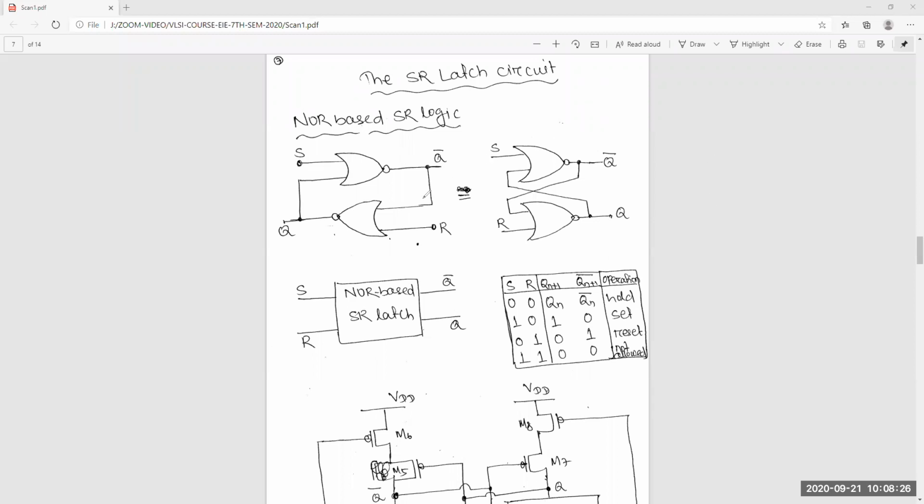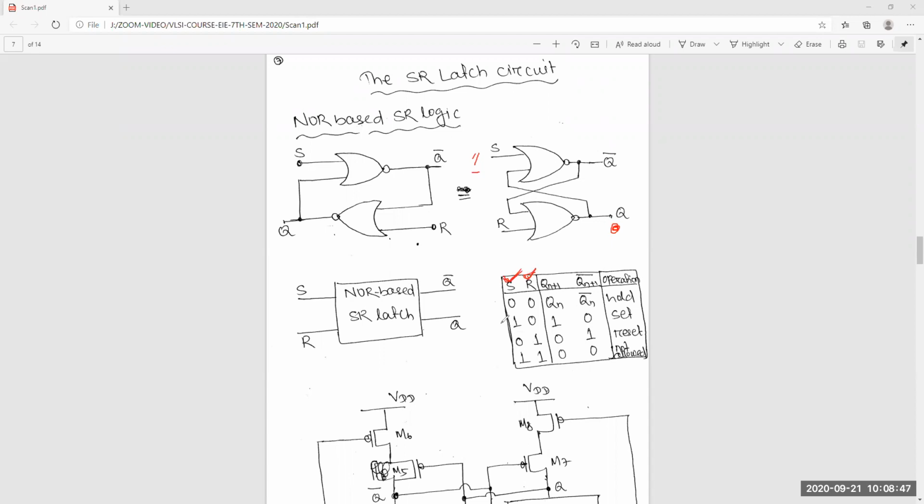Actually, why I am saying this is because if you give S equal to 1, your Q should be 1, because it's set, so Q should be 1. Anyway, RS is set and reset.